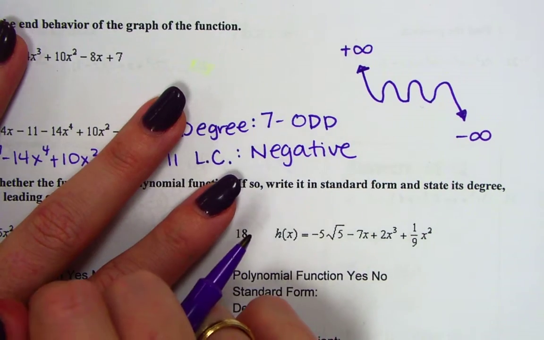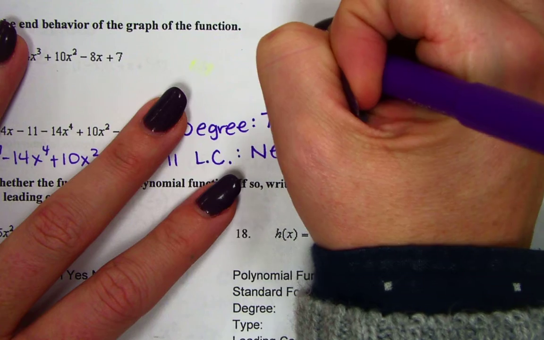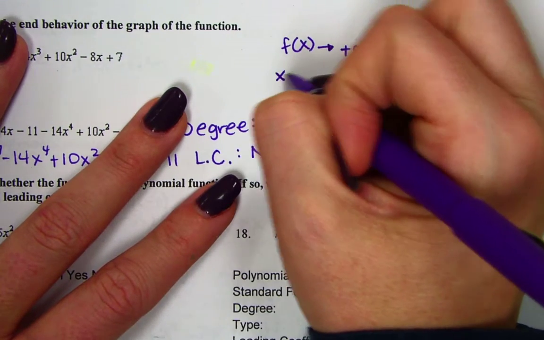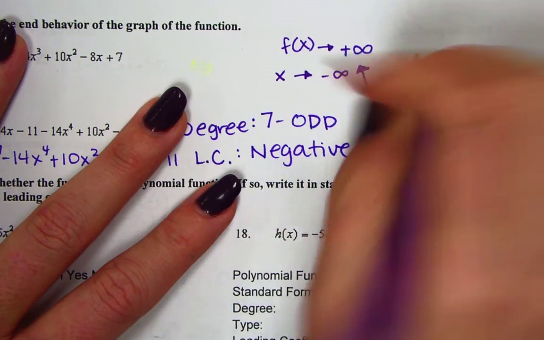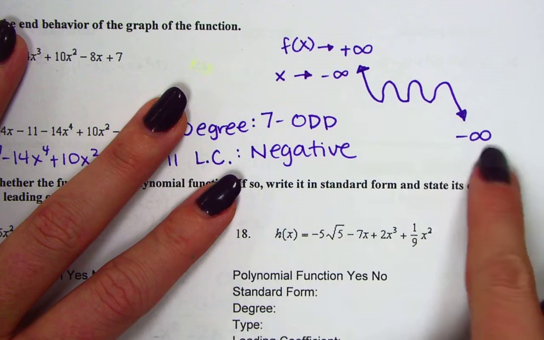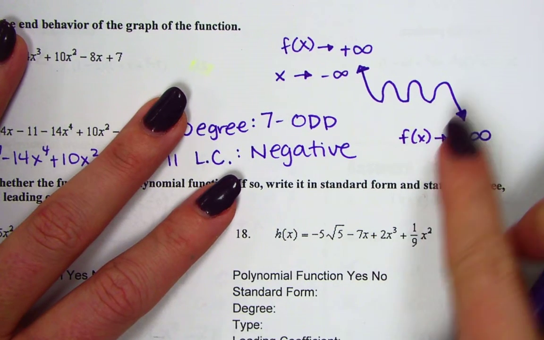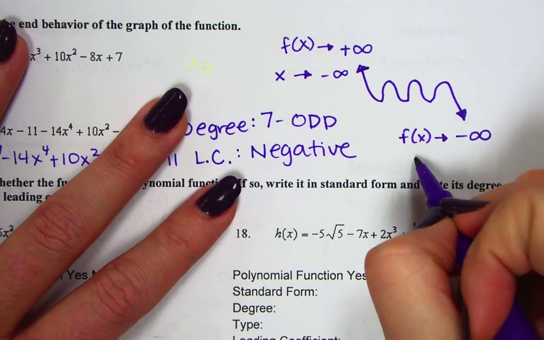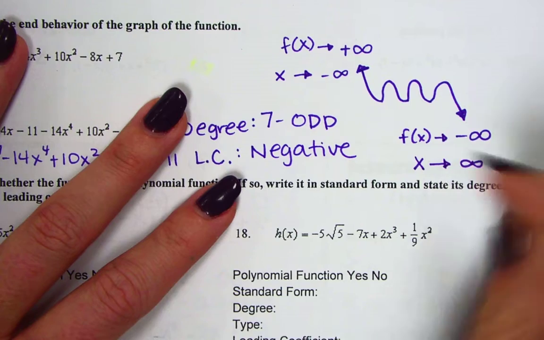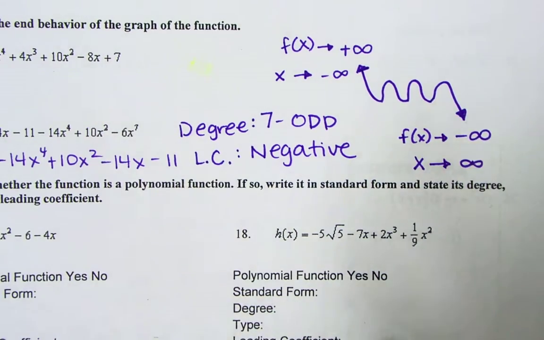That's what they're asking. Okay, remember on the left-hand side, it would say f of x, the graph, goes to positive infinity as x goes to negative infinity. That means on the left, the graph goes up, and then it's going down, so it will be f of x goes to negative infinity, right, down, as x goes to positive infinity, to the right, okay? The graph goes down on the right. And I could just